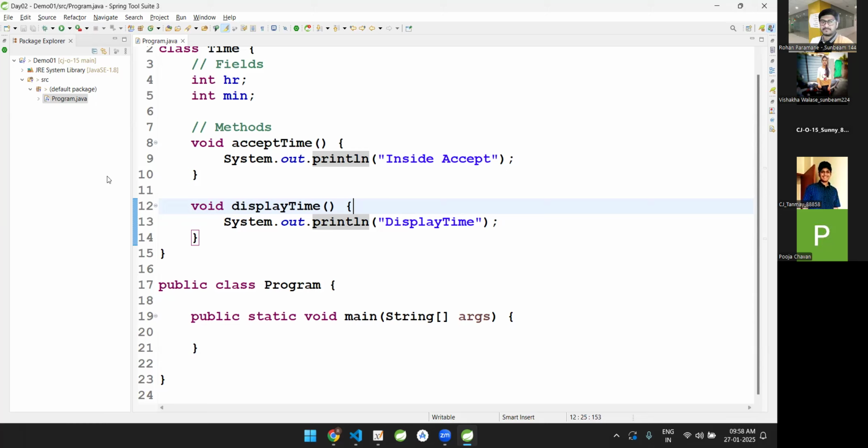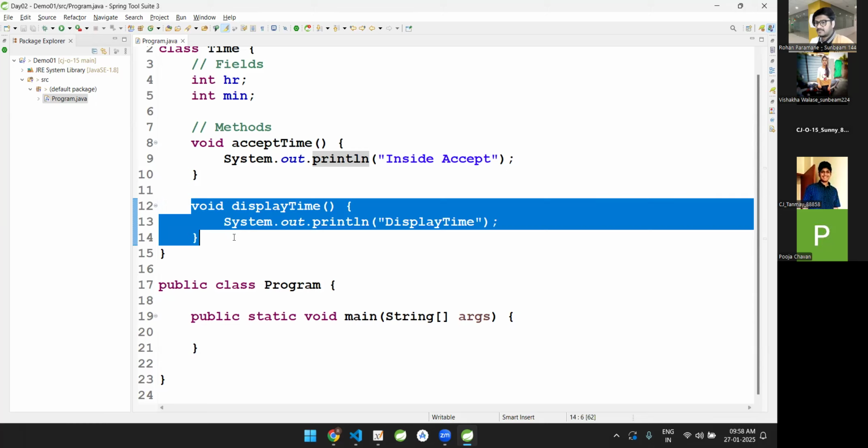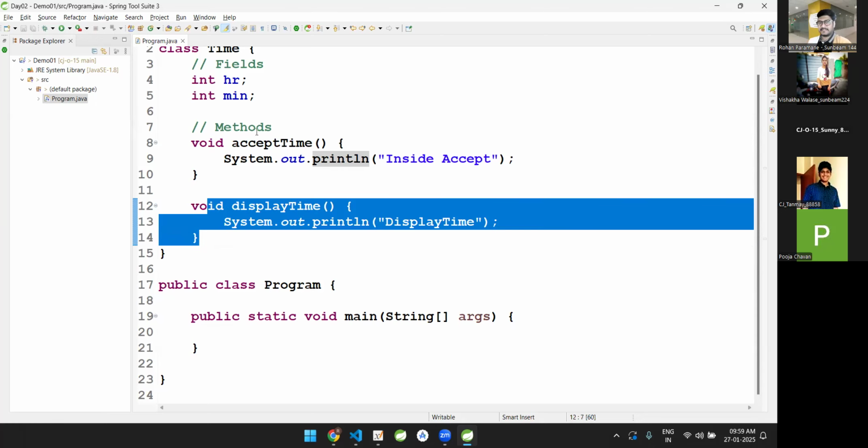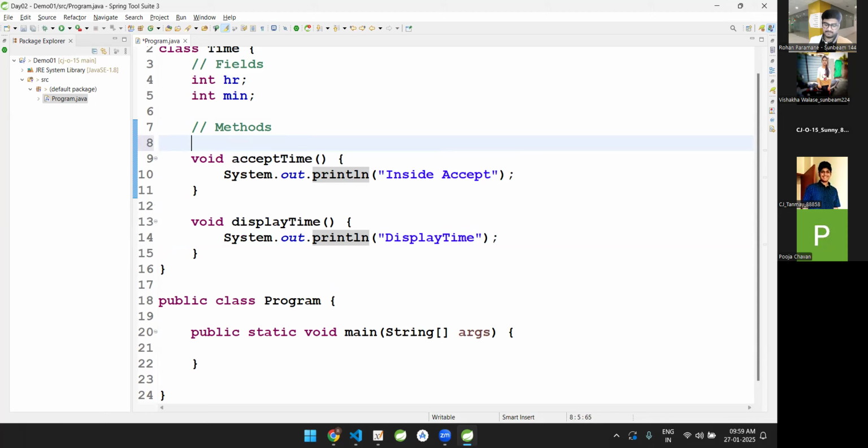Method, it is a function। Functions पता है, I can expect that you know the functions। Just a function inside a class is called as a method। Maybe मैं यहाँ पे लिख देता हूँ comment, a function defined inside a class is called as a method। That's a method for you। यानी कि उसका नाम है, आप फंक्शन नहीं कहोगे, आप मेथड कहोगे। That is what you will be calling।